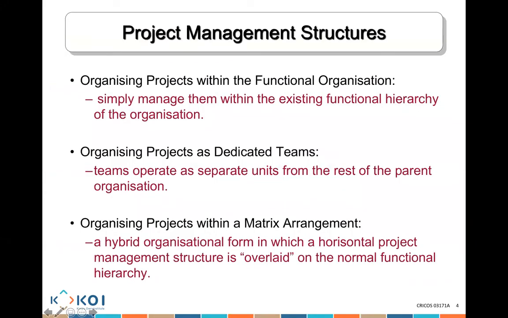So when I talk about organization of the project structures, I organize the project in various structures. I organize them in a functional organization, or in a dedicated team, or in a matrix arrangement. What is the difference? If I talk about functional organization, it's like we have people who already work in a department. It could be marketing, it could be HR, it could be sales. And these people have the functional manager, the person in charge of, let's say, the marketing department. And these people are doing their job, and at the same time, they are doing the jobs that are being assigned to them in terms of any specific project. So this is really what we talk about as a functional organization.